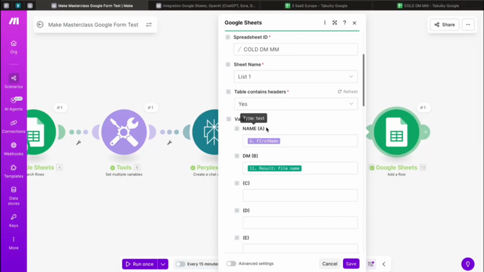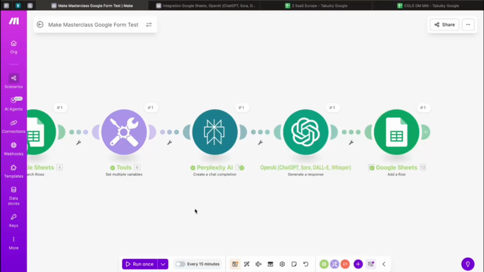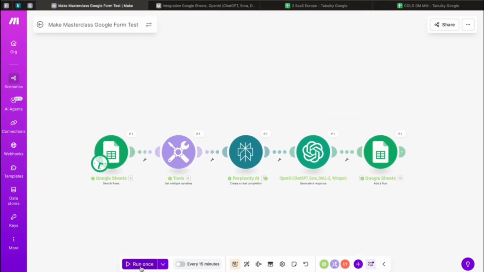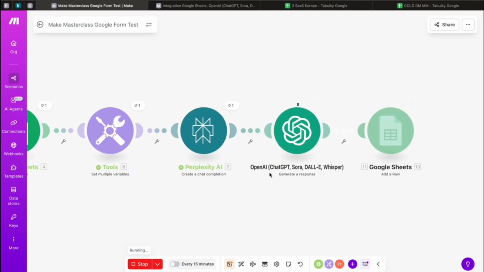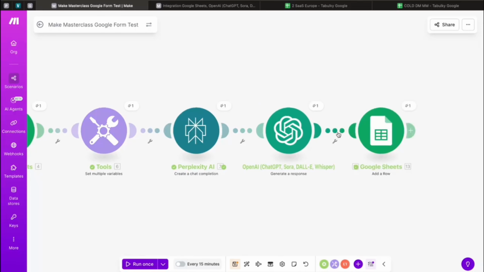And then simply the name should be the first name from set multiple variables and DM should be the result from GPT. So let's actually see if this works. So now we have the search rows, variables. Now we're in Perplexity. It's doing some research on Ireland and software in Ireland. So it's going to give us some context. Now GPT is working with that context plus creating the message and boom, we should have it added into our